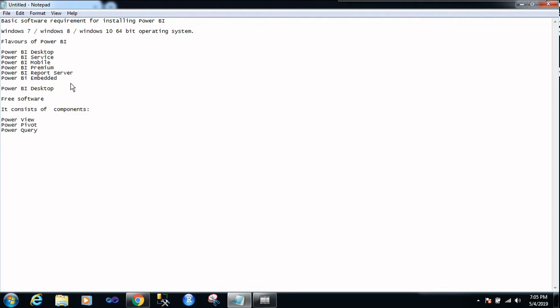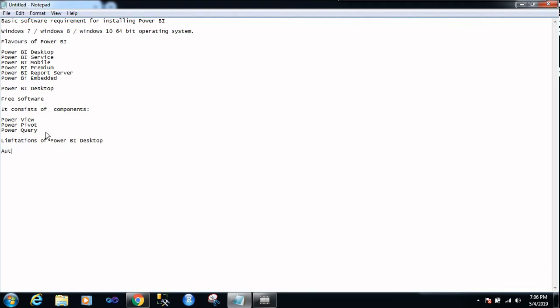We are going to discuss all these things in great detail. But before going ahead to the practical, we should download Power BI Desktop. We should first know what the limitations of Power BI Desktop are.